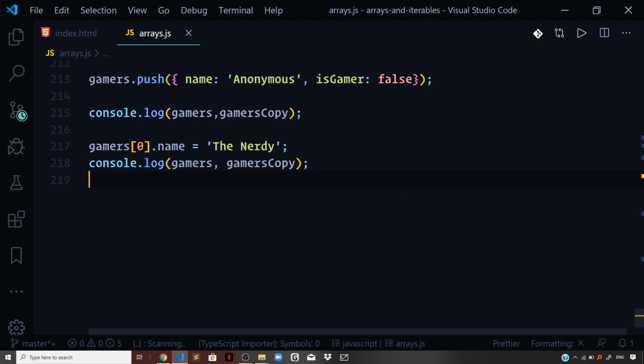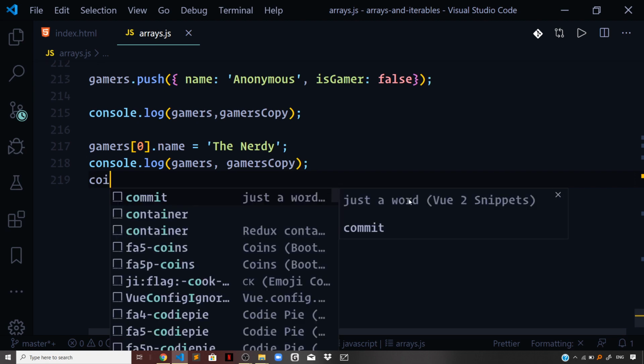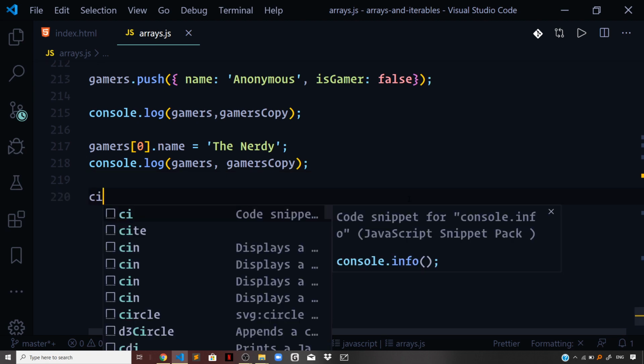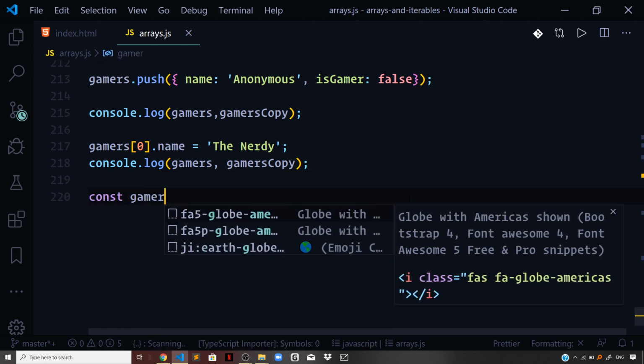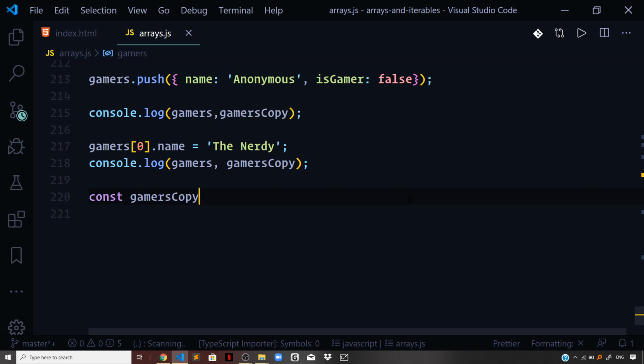For example, let me show you this. So I will say const gamersCopy along with copied objects. So now, in this example which I'm going to show you, we are not just copying the addresses of these objects, we will directly deep clone them. Okay,